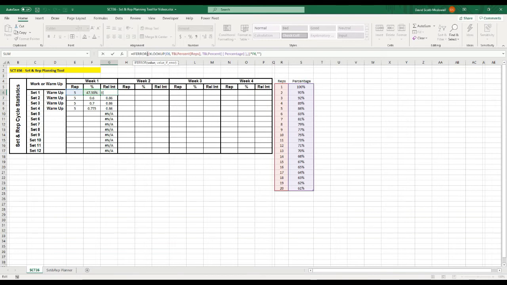Okay, and what I want it to look for, so I'm going to put if, and I'm going to use a formula called ISBLANK. And what that's going to do is check to see whether the percentage column is blank. So I'm going to put ISBLANK, and then where I want it to look is in F6. Close that off, and if that's blank,